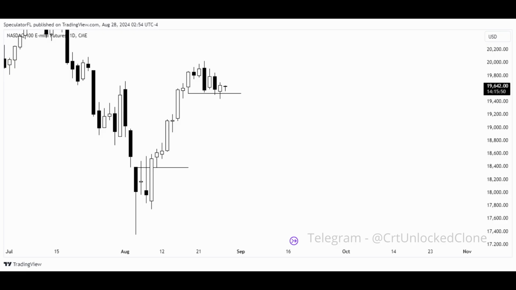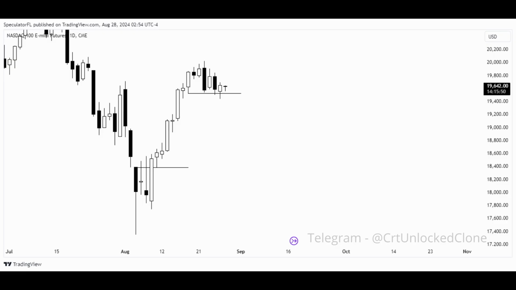What you can see is that on Monday, we purged below this low, which is the weekly FEG, and we tested the FEG, right? So I started looking for a CRT on the 4 hour time frame. But what happened on the 4 hour is that price never purged the CRT, which I was looking for it to be purged, right? So I skipped Monday, and then today I had the same expectation. I wanted to see this Monday's candle low to be taken as a candle range, and after that, I wanted to see higher prices, right? So initial expectation was bearish until this Monday low is taken and then bias is going to turn into bullish, right?